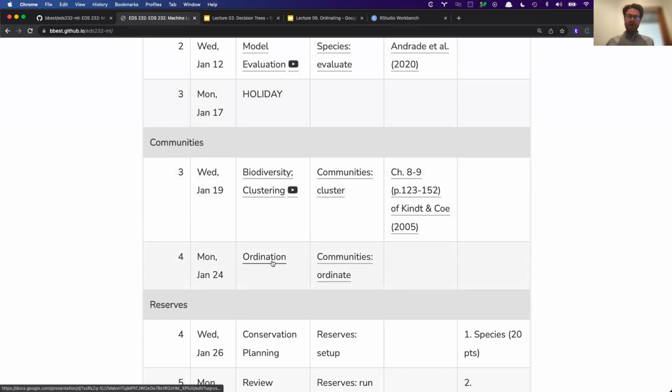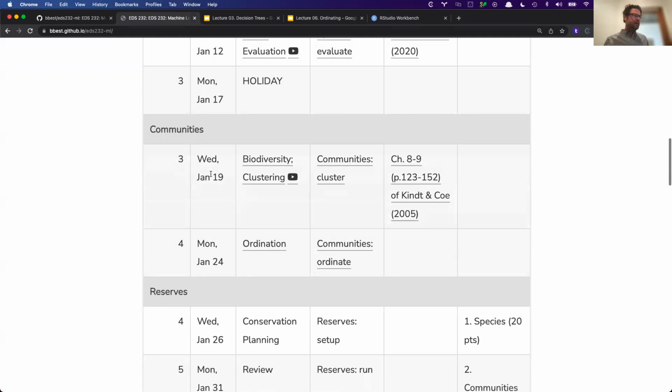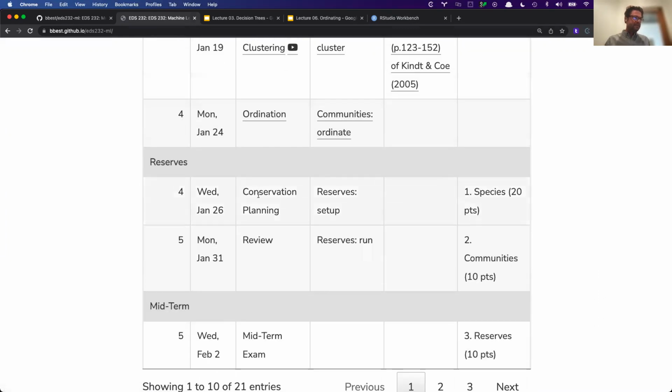We're going to talk about ordination today, and this broader picture of communities, and we're using unsupervised learning techniques, meaning we don't have a response term that we're fitting. And then we're going to do reserves on Wednesday. This will be a small lab, fairly straightforward to do,